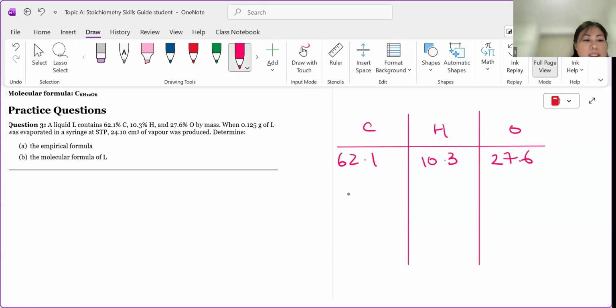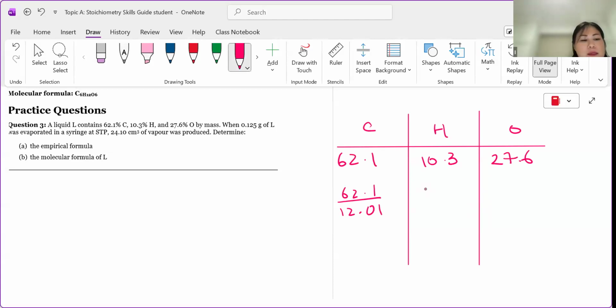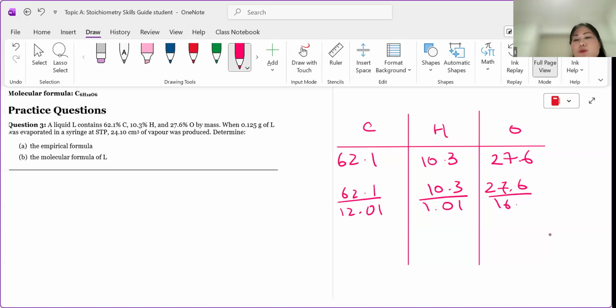So it'll be 62.1 divided by 12.01, and then 10.3 divided by 1.01. Oxygen is 27.6 divided by 16. So you divide to find the number of moles, and at the end you'll find that roughly the number of moles is about 5.18,